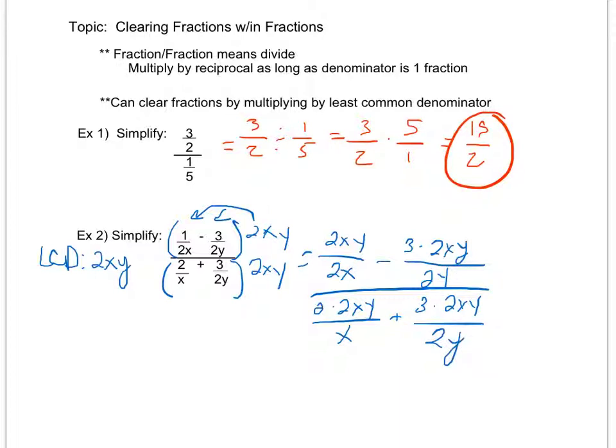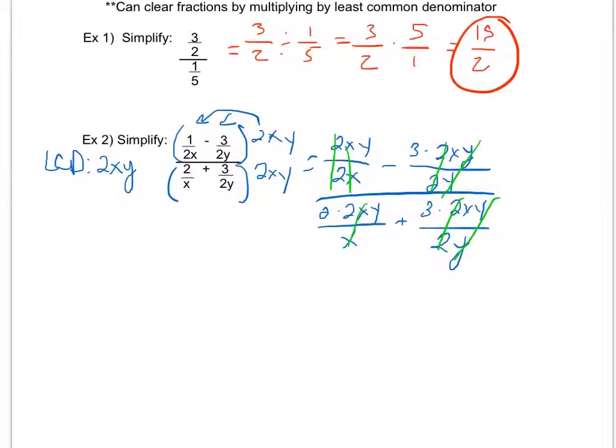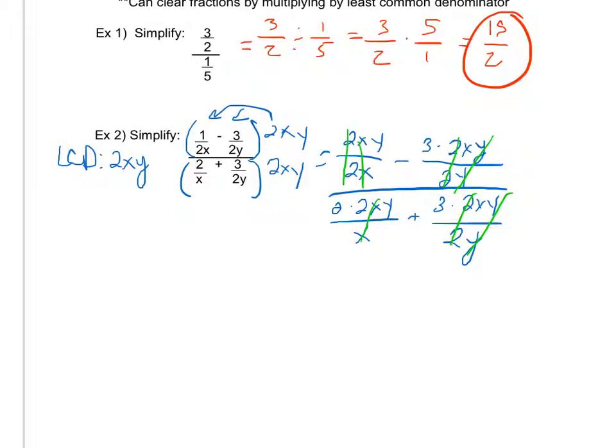So right now you may be looking at your notes or your screen and saying, that just made it look a lot worse, but look, my 2's cancel, my x's cancel, my 2's cancel, my y's cancel. That's why I wanted to wait to multiply these together, because I was anticipating that some things were going to cancel. My x's cancel, my 2's cancel, and my y's cancel. So why does that help me? Well, look at what my new fraction becomes. My new fraction becomes y minus 3x all over 4y